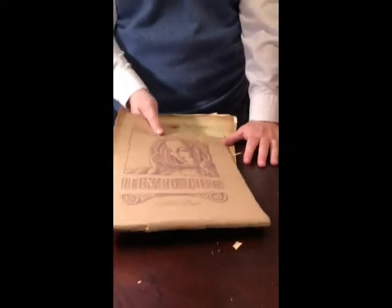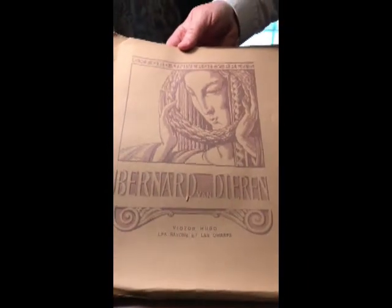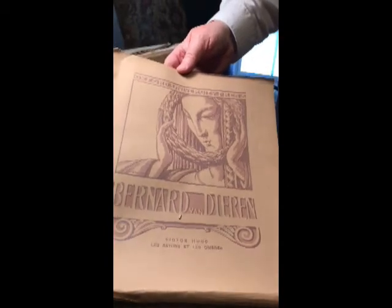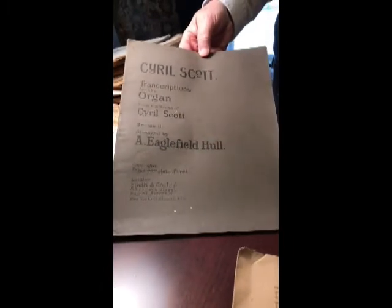Next, look at this really fascinating, somewhat Art Deco 1930s looking cover, an Oxford University Press by Bernard Dettern. Cyril Scott, well known in England as well as America, an organ work, and the editor's A. Eaglefield Hull. You will read about him anytime you read about England around